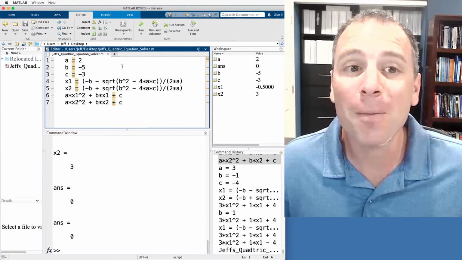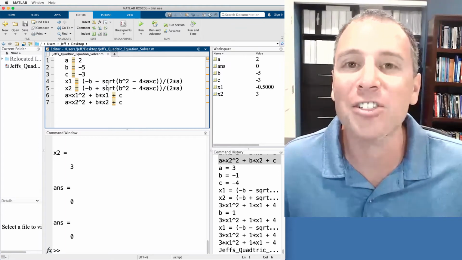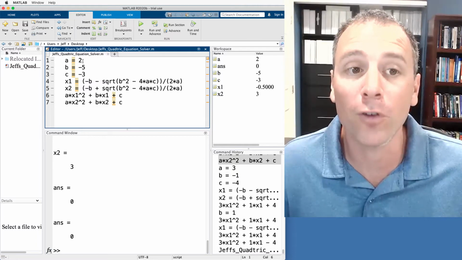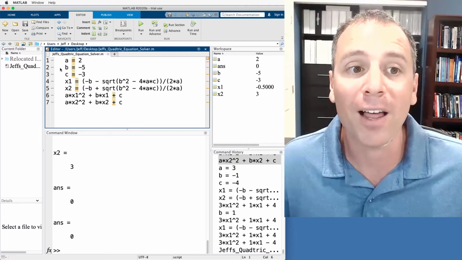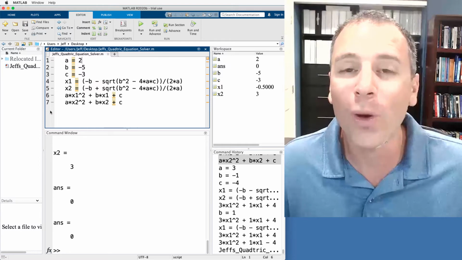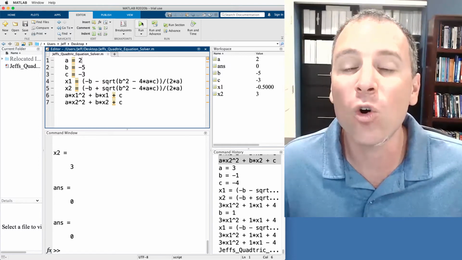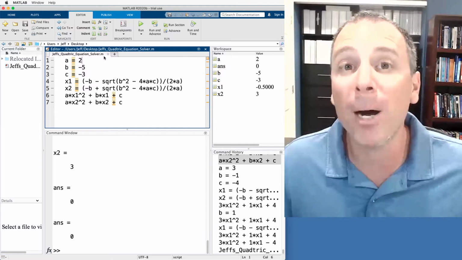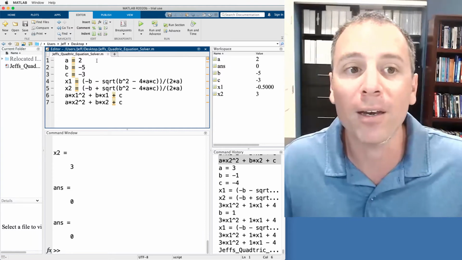Do you notice the difference there between command window coding and script coding? Here I've executed an entire block of code sequentially. First line 1, then line 2, line 3, all the way down by clicking a single button. In other words, this is a super sleek way to do a bunch of work with one button.